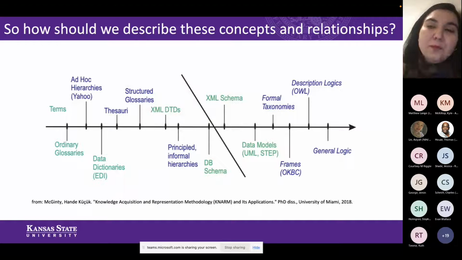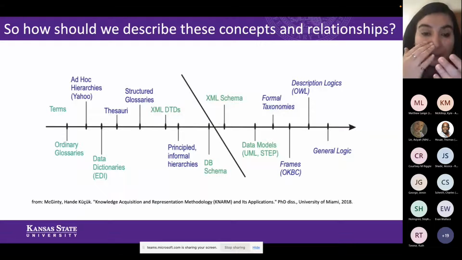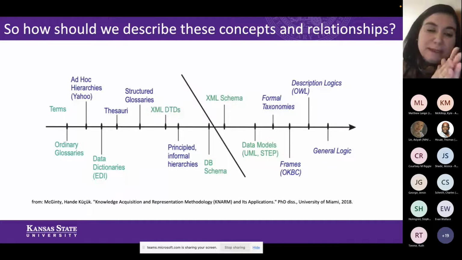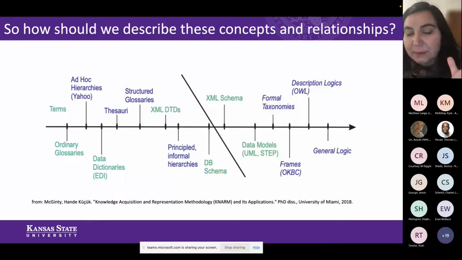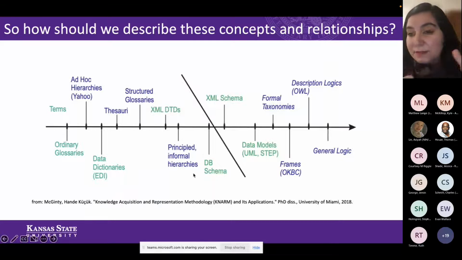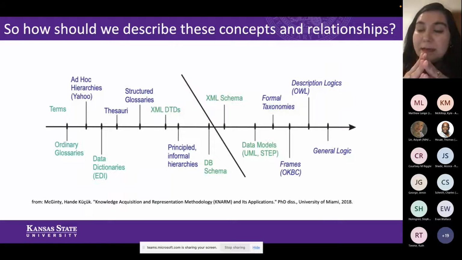So what is a good way to describe these concepts and relationships? There are many ways that we've used over the years. As computers and their capabilities progress, we changed our ways and improved our ways. Right now, I'm operating over here where we see description logics. And of course, we cannot forget the databases that we've generated years and years ago, and we reuse what we have so that we're not wasting time reinventing the wheel.